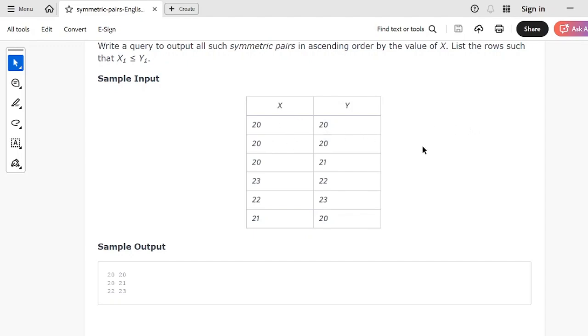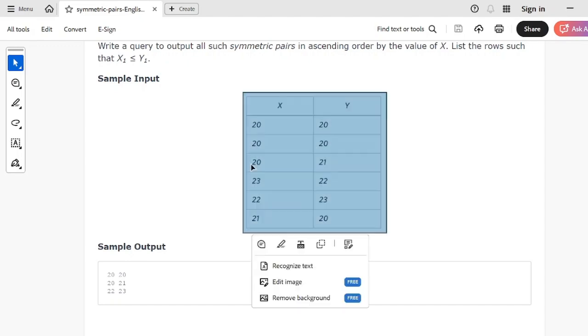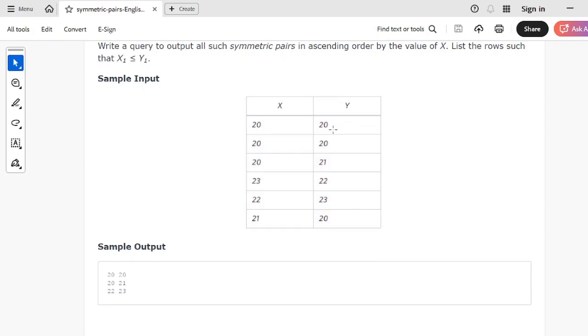For the second as well you get four 20s. Consider this 20, then again the x of this 20 will be checked with the y of this 20. I'll give you a quick example of how this table will be formed when we join. So for the first 20,